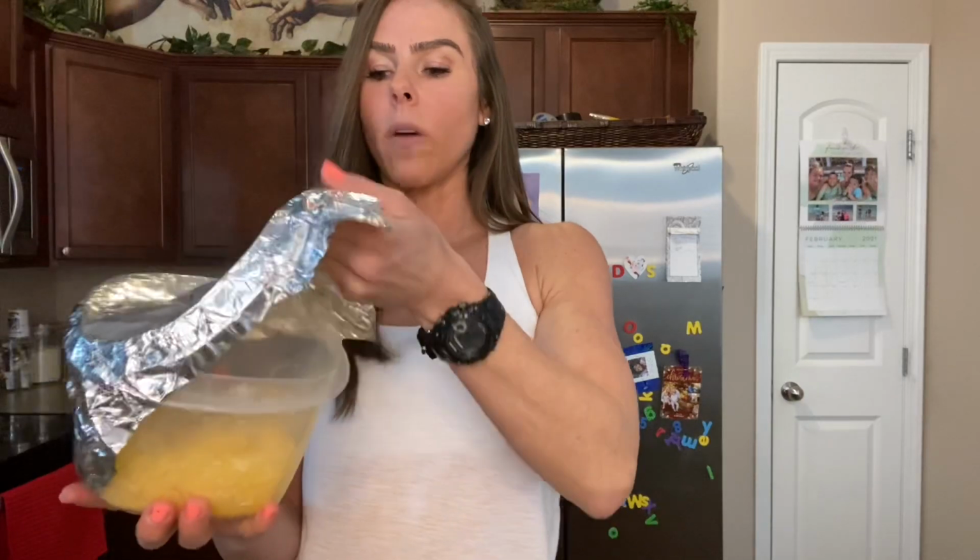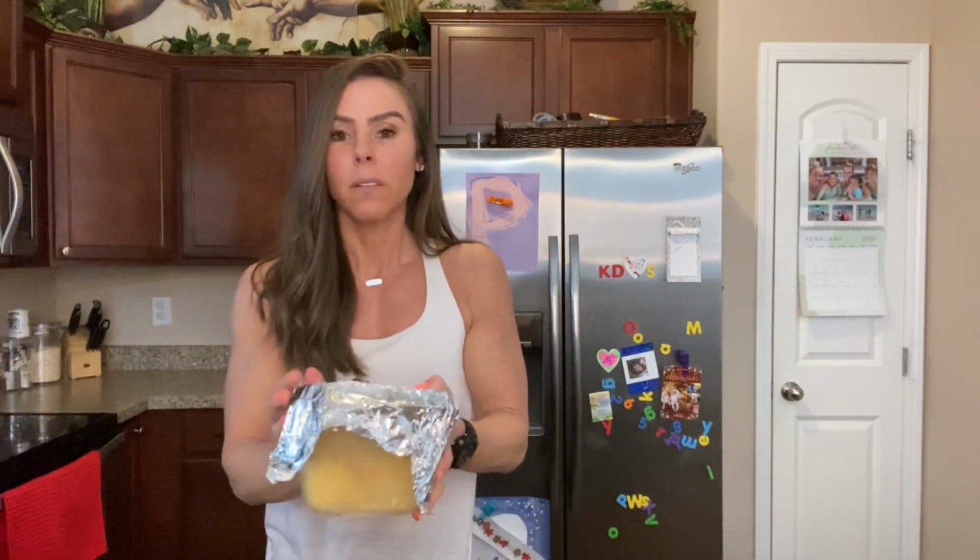Okay, so this is leftover spaghetti squash. Now, if you've never cooked spaghetti squash, it is one of the coolest, in my opinion, coolest vegetables ever. It is just so interesting. So honestly, sometimes I will just have it with some tomato sauce, and then I will put nutritional yeast on there. That is another thing I want to show you here in a second, because